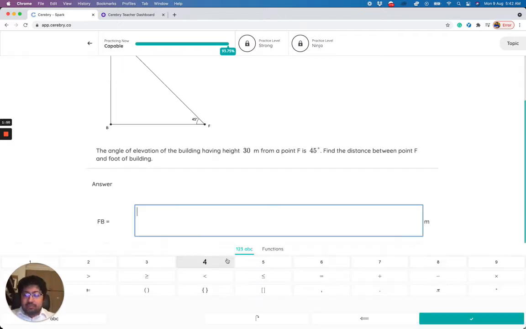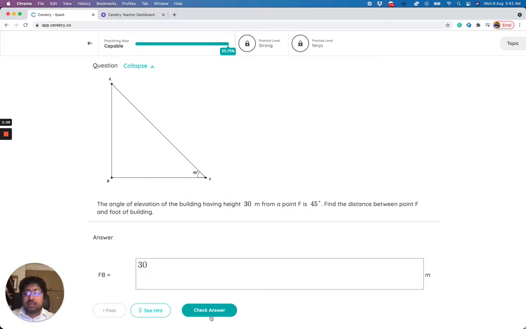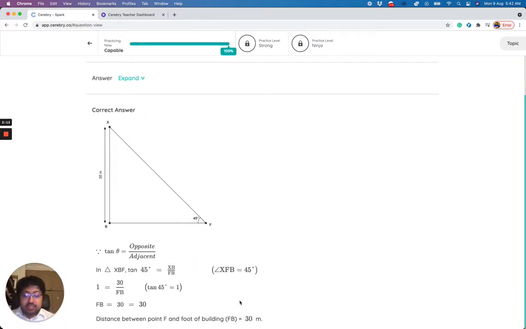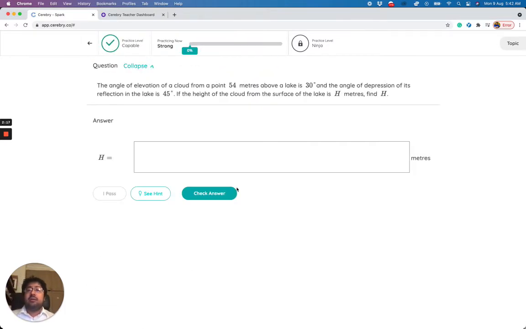So, okay, I can enter the answer, and again, you will notice that because we are generating questions and solving them in real time, the student does not need to just enter an MCQ or fill in the blanks, as is the case with other platforms. The student can actually write complete expressions. Okay, so the answer is 30. My answer is correct, but the engine shows us a step-by-step solution in case the student wants to refer to it. And as the student gives correct answers, the difficulty level will increase.